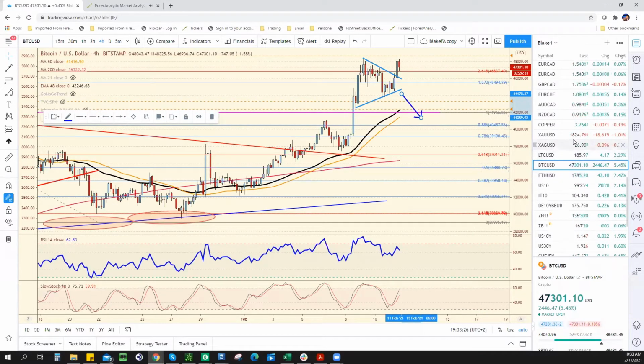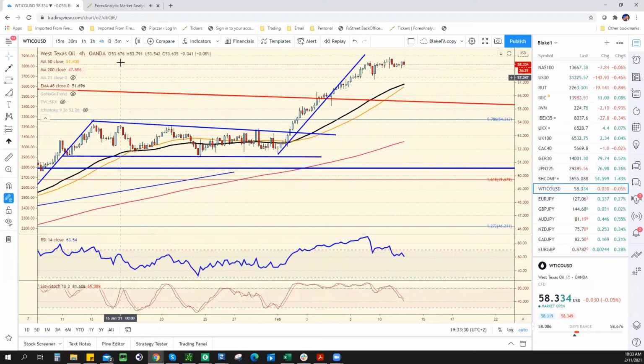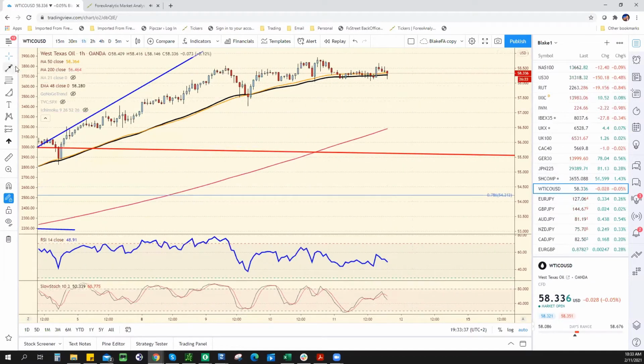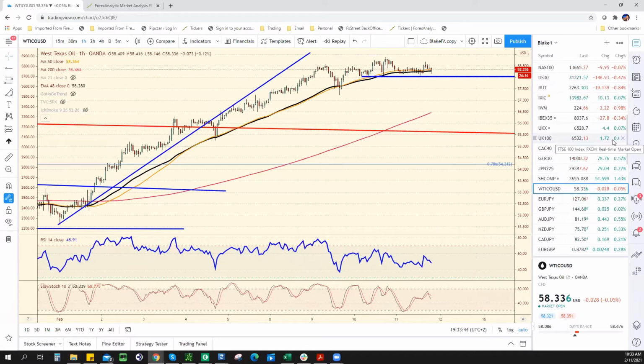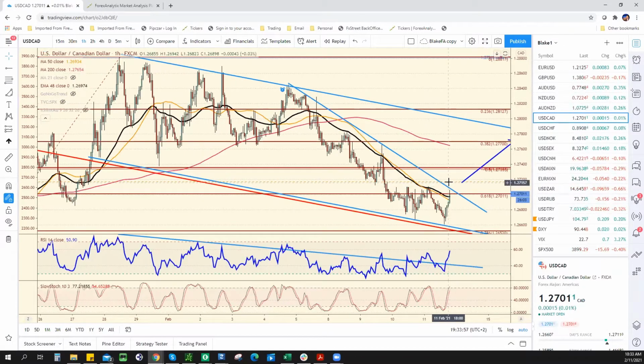Also, crude oil is under some pressure. Take a look at crude. Crude was leading the move lower this morning. Here's your hourly chart. I would be concerned with crude if it breaks below this horizontal support. That's what's going to carry some other currencies like the dollar Canadian, which is already moving higher, and we're right off the highs of the session. But if the dollar Canadian breaks this 127.20 level,